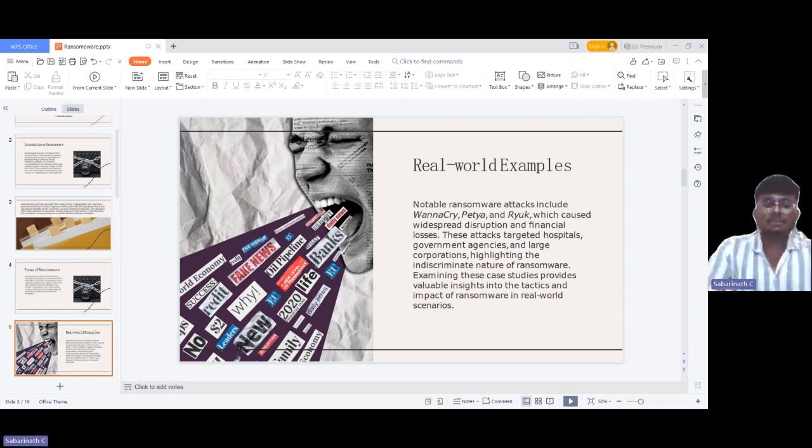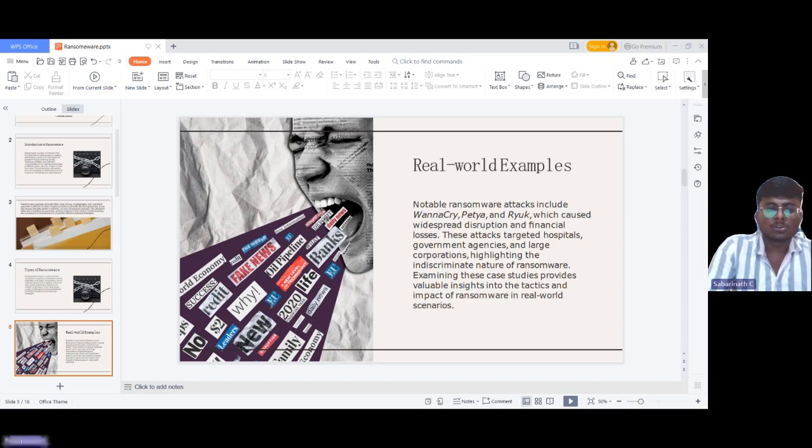Ransomware has left an incredible mark on the digital landscape, with high-profile attacks making headlines globally. Some examples are WannaCry, which happened in 2017, perhaps the most infamous ransomware attack to date. WannaCry infected over 2 lakh computers across 150 countries. Exploiting a vulnerability in Windows systems, it caused significant disruption to businesses, healthcare institutes, and government